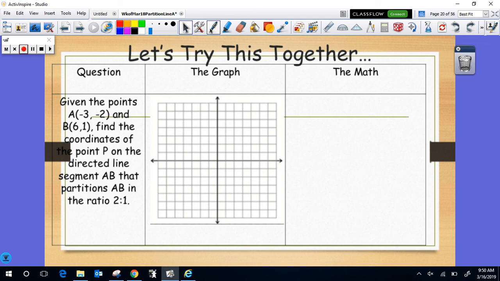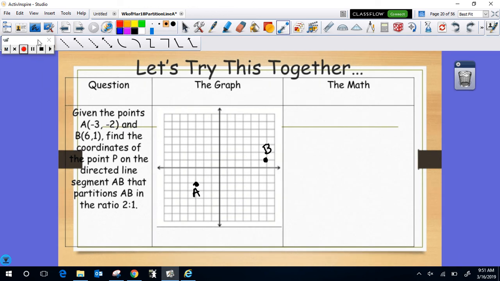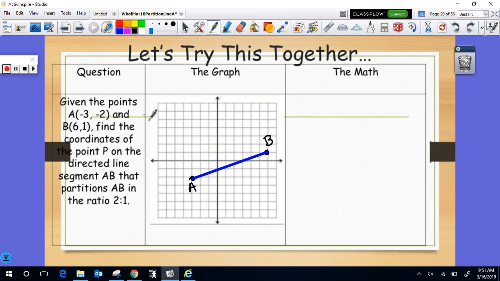Alright, so what I'm going to do is plot this point A, so 1, 2, 3, -3 and down 2. So here is A. Then I'm going to go plot 6 and 1, so 1, 2, 3, 4, 5, 6 and 1. Then I'm going to connect the dots here. So we got a nice little segment here,